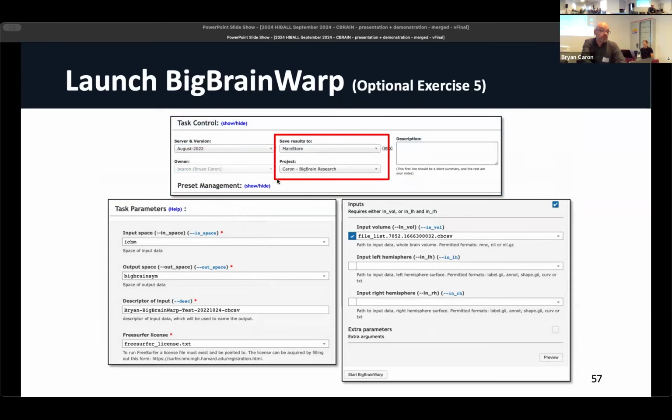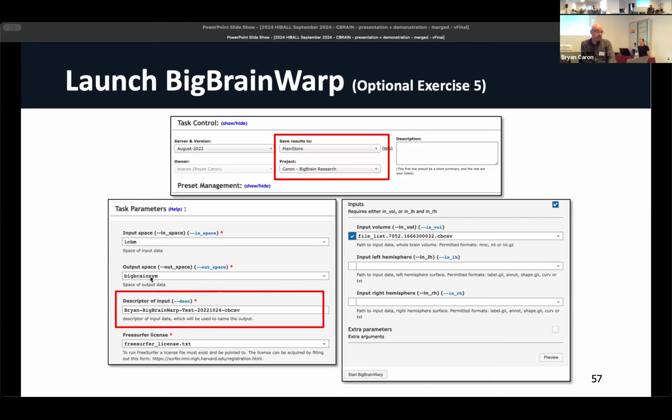You can have it go to your project that you created at the beginning of the exercises. Okay, in your case, whatever the project name that you created. And then you're going to set the task parameters, just like you did the other one, right? But you're not doing this 10 times, or in this case, 9 times. You're only setting it once, and the parameters are being set to all the same for every file within that CBRAIN list.